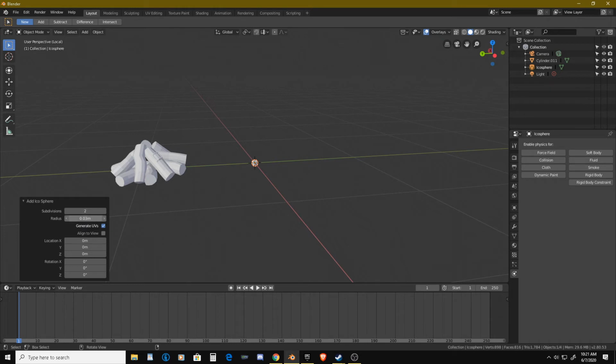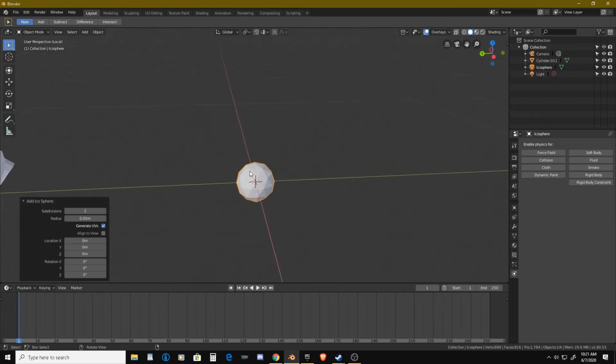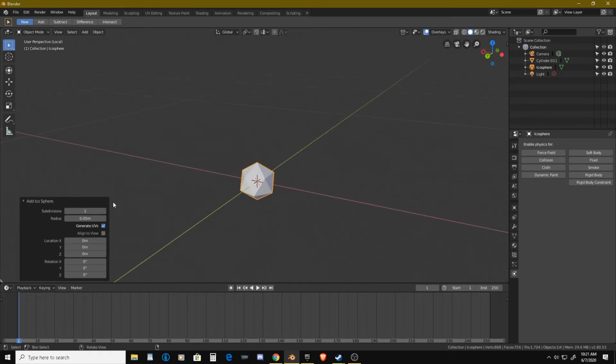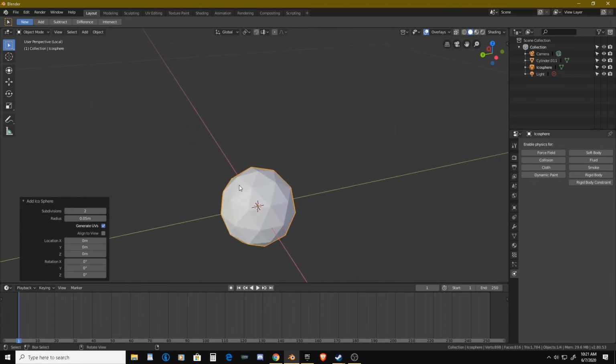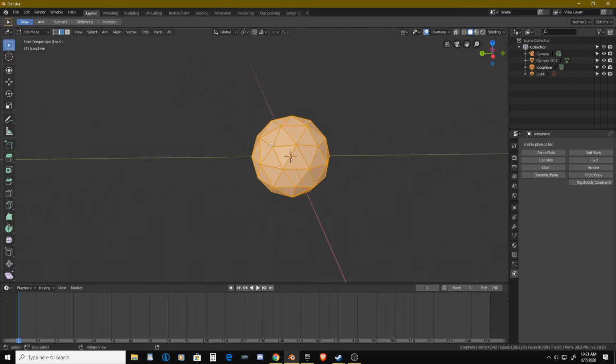Yeah, that's maybe a bit too small. Let's do 0.05. That's pretty decent. That'll allow us some room to work with. Okay, and let's do subdivisions to... no, that's not quite enough. Can we do 1.5? No, we cannot. Okay, alright. We'll go ahead and get into here then, and I'm going to turn on proportional